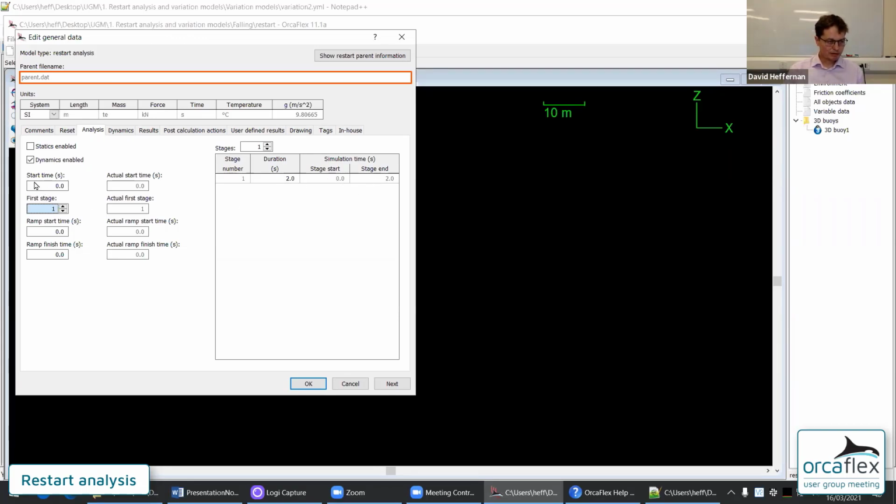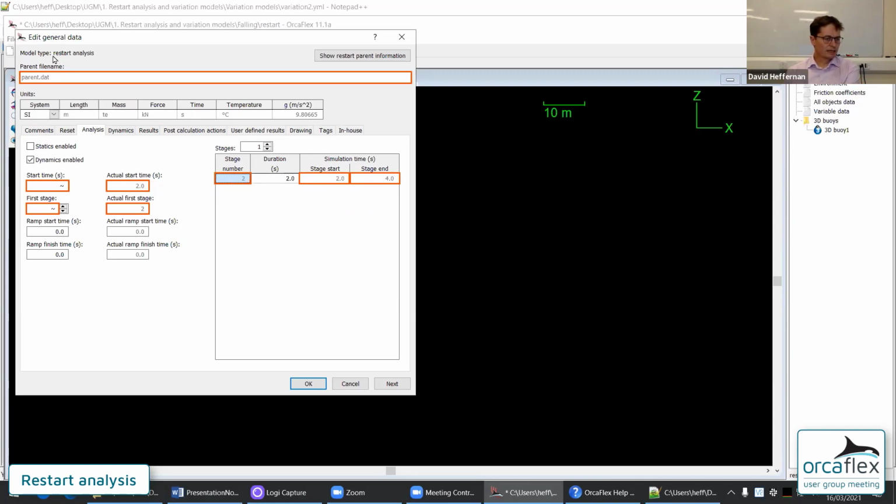So if I set both of these values to tilde, in a restart analysis, this means pick up from the end of the parent analysis. So in that case, the stage start is now 2, because that was the time at the end of the parent, and the stage number is stage 2 because in the parent the stage was numbered 1.